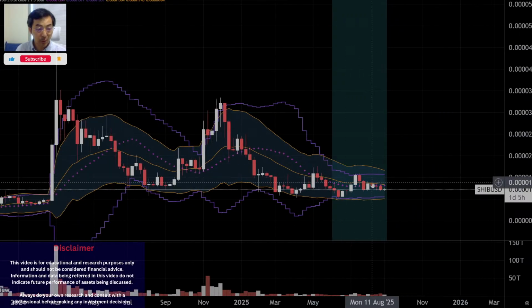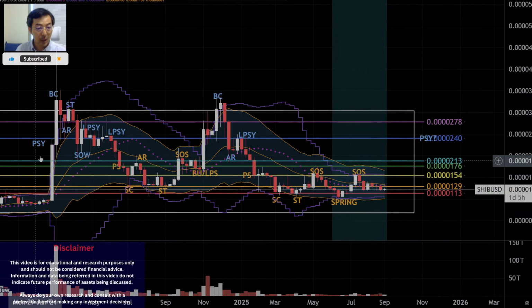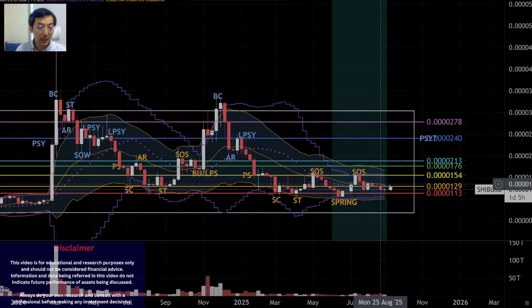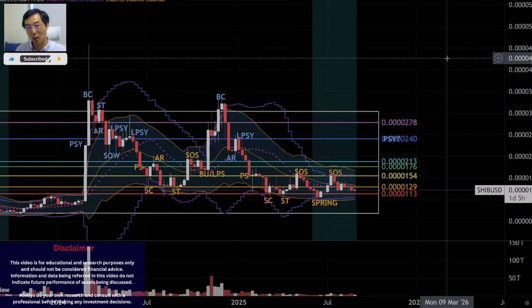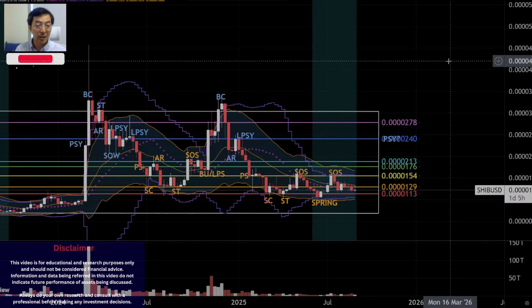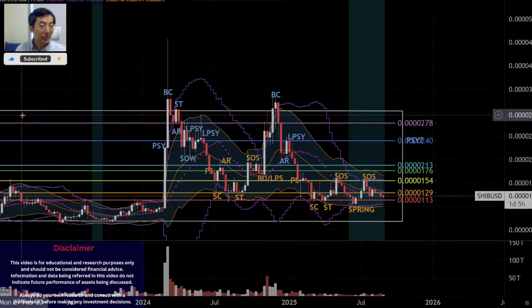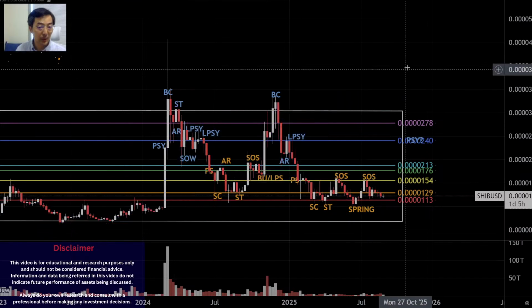So the new squeeze has happened while we had two distribution cycles and two accumulation cycles in between. So this new squeeze will potentially be the driving force for SHIB to go wild. So one key thing here, let me switch off this to make it easier to read,